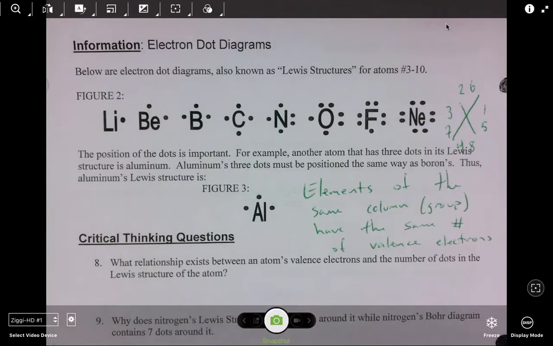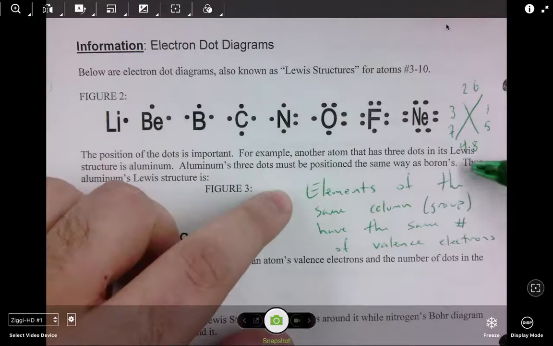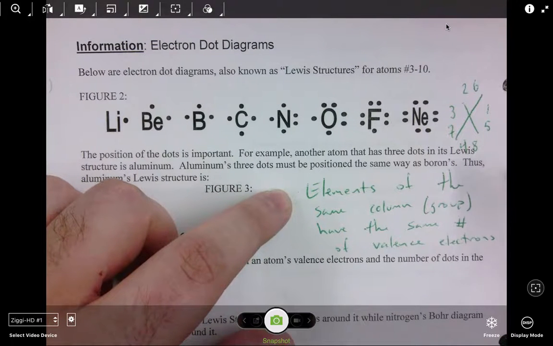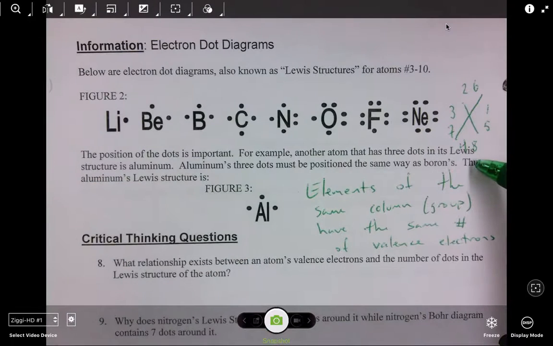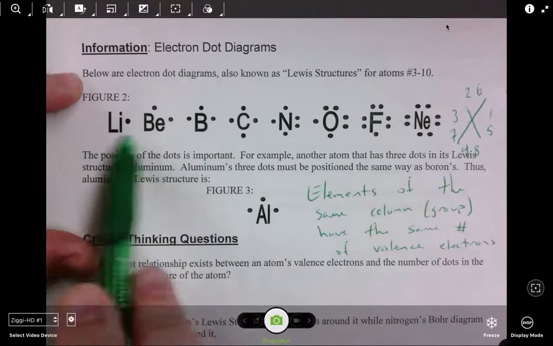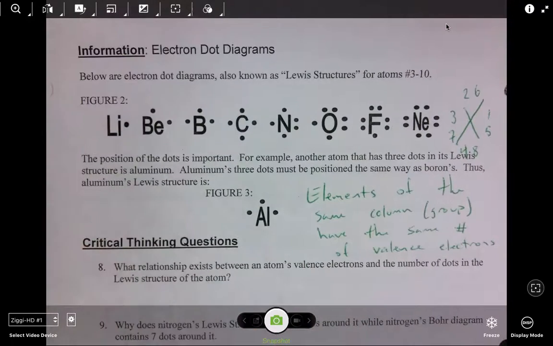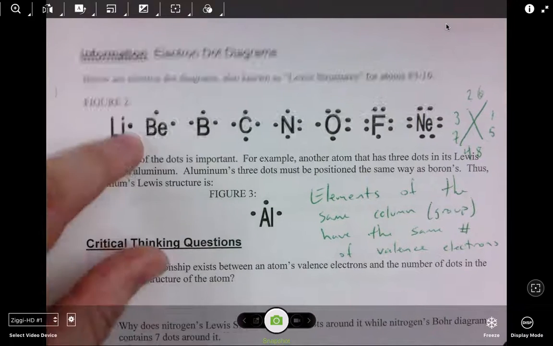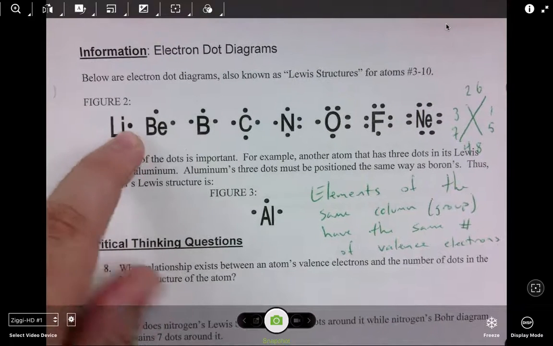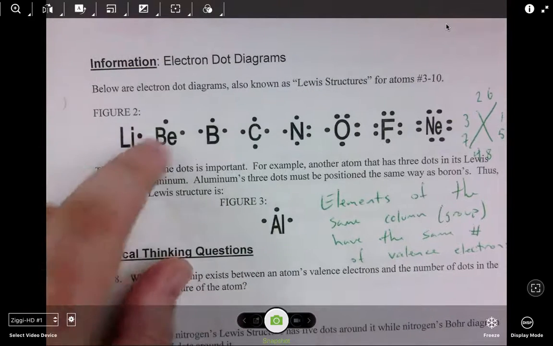Number 10 and the rest of the packet, something interesting happens. We start to see that elements of the same column, also known as group, have the same number of valence electrons. So what that tells us, if an element is in the same column as any of these right here, they are going to have the same Lewis structure. The only thing that's going to change is the element. The number of valence electrons they have will be the same, and the position will be the same,